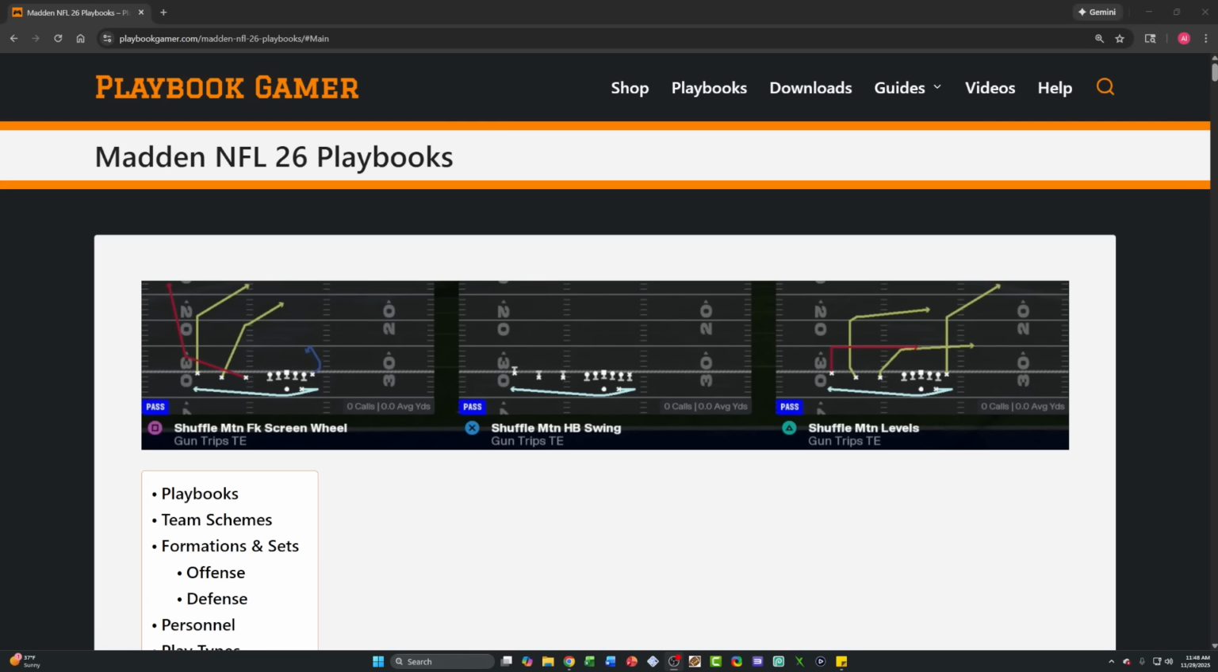Playbooks page, and we're going to look at the numbers. We're going to focus on concepts, play types, formations, personnel. I have enough data tables and information to where you can easily narrow down the type of playbook that you